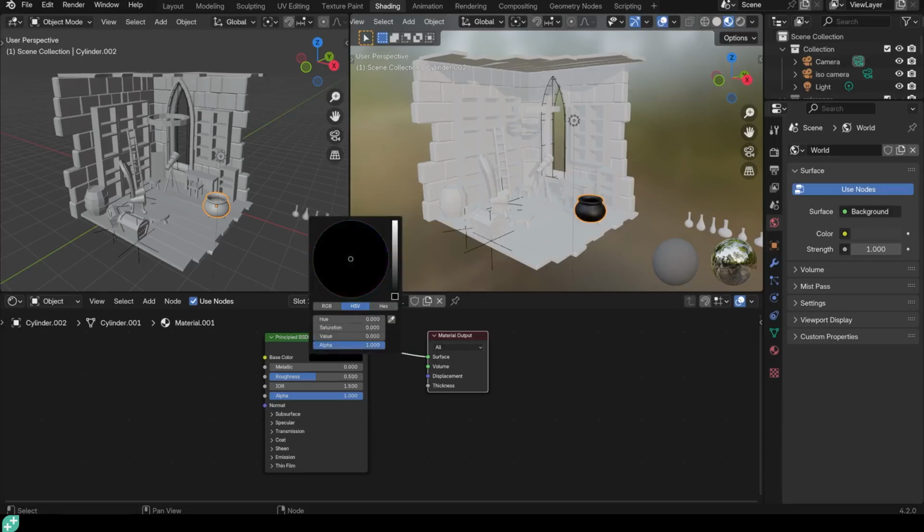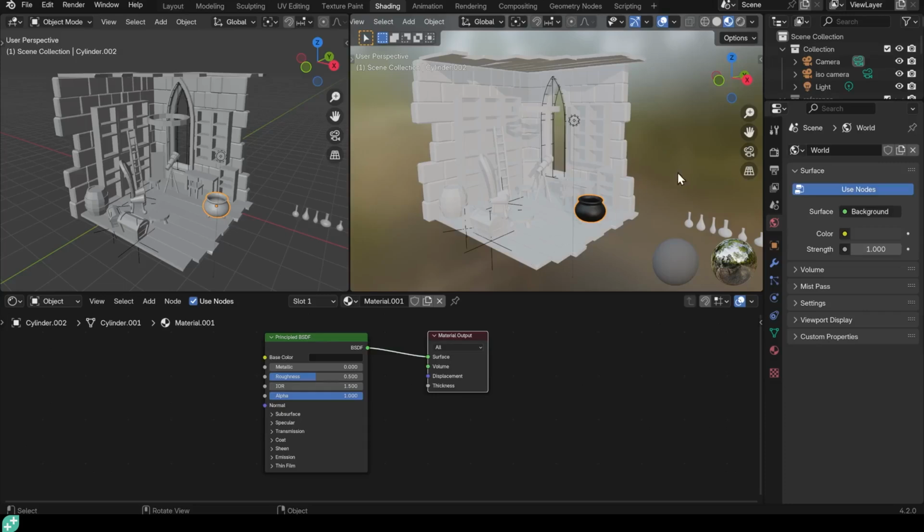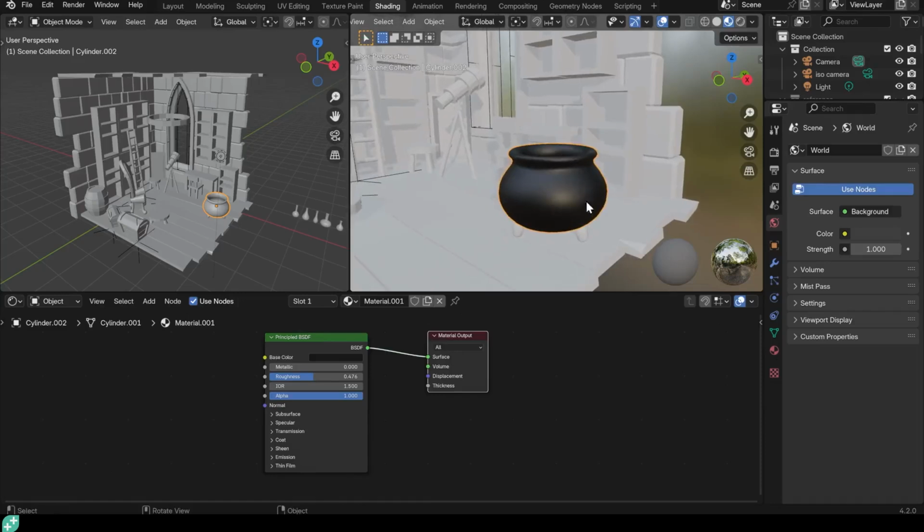I don't usually go all the way to black. I tend to go just away from black slightly. Most objects in real life aren't completely black. And it also gives us a bit of manoeuvre for when we come to compositing. We can add a bit of extra contrast, and therefore the darks become darker, the lights become lighter. So generally speaking, don't go all the way down to the black. Now you can make this a little bit more shiny or rough if you want, perhaps a tiny bit more shiny, so the roughness down slightly, and I think that looks good as a cauldron.